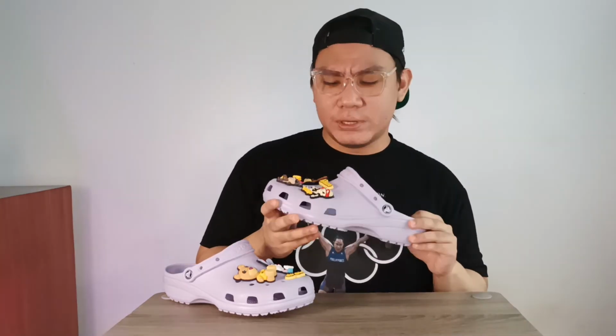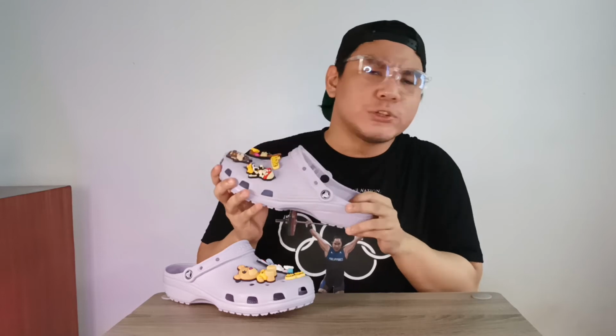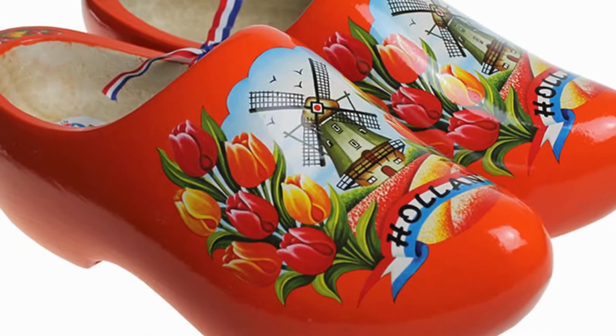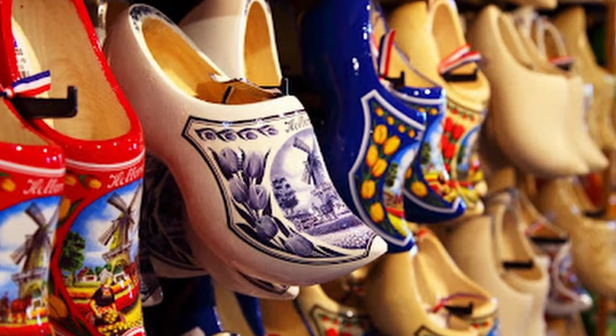And as you can probably see, it's easier to make a copy of these things just because it's straight up foam. I guess you can say the same thing about Crocs today, but the interesting thing is how it all ties into sneaker culture today. Now, I personally don't consider this thing a shoe, even though the word clog actually refers to thick wooden-soled shoes most commonly associated with the Dutch region. Honestly, Crocs feel more like sandals to me, but that's just my personal opinion. I don't know, maybe someone else out there might think differently. If so, then let me know down in the